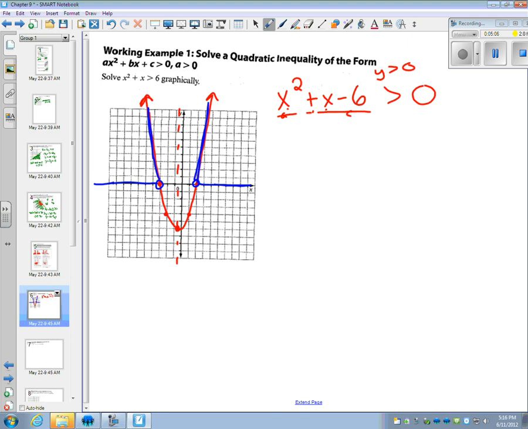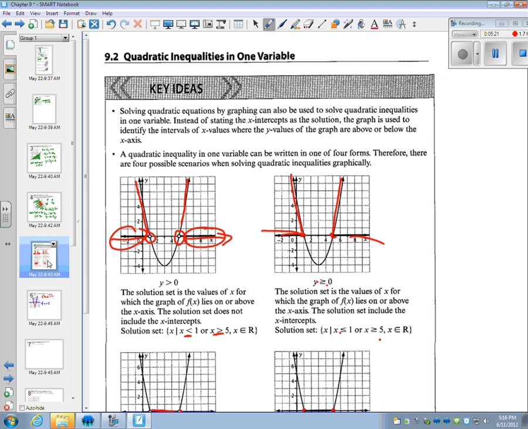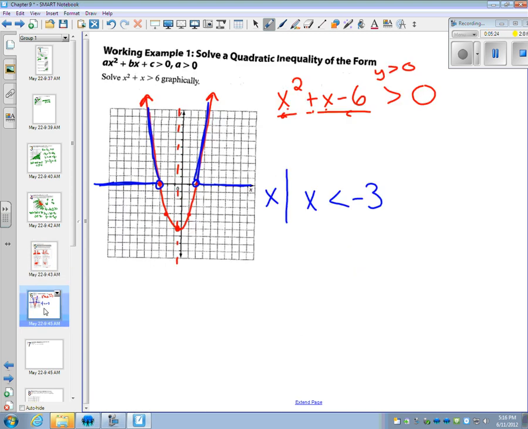So I say all x such that x is less than this number, and that number is -3. And, second, I need to look back. How do I write and? I think I just do a comma. Oh, they write or here. Or x is greater than 2. And x is a real number. So that means I could take real numbers, I could take halves, I could take all the little points in between here. Okay, so that is my solution. All x such that x is less than -3 or x is greater than 2 will give me a y value of